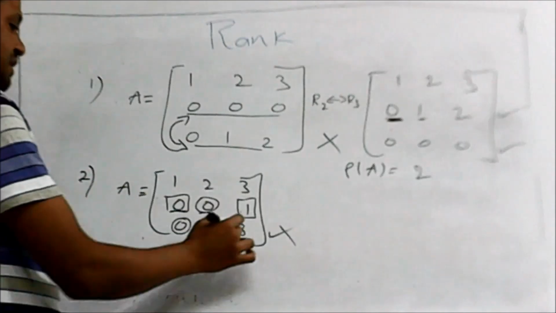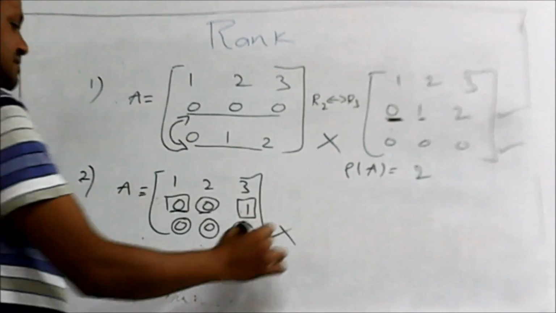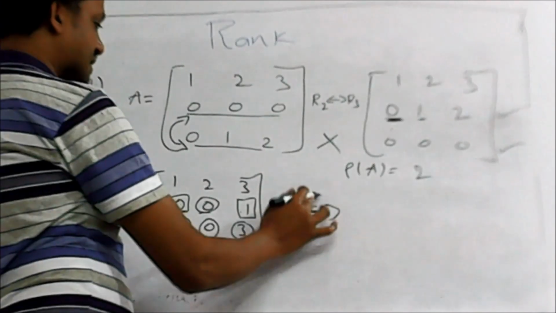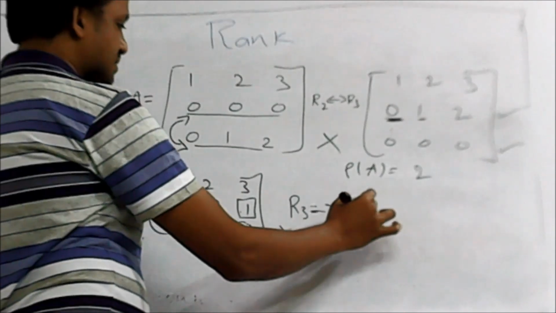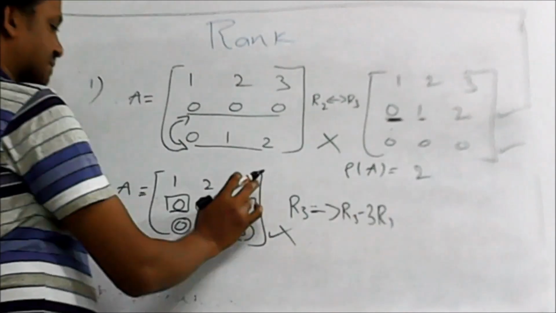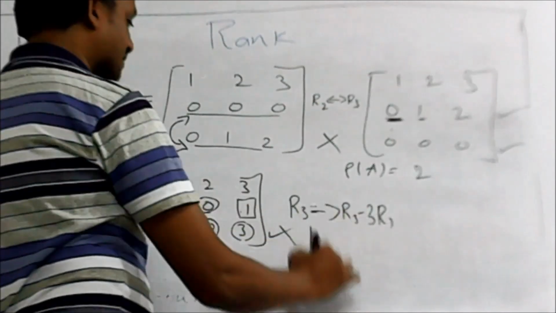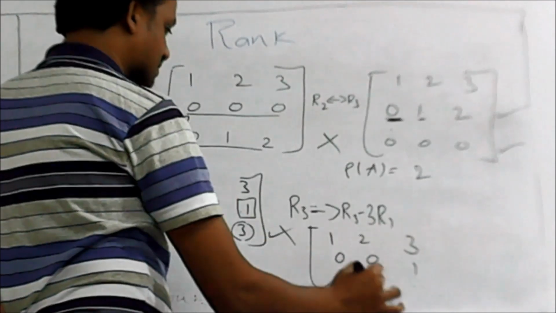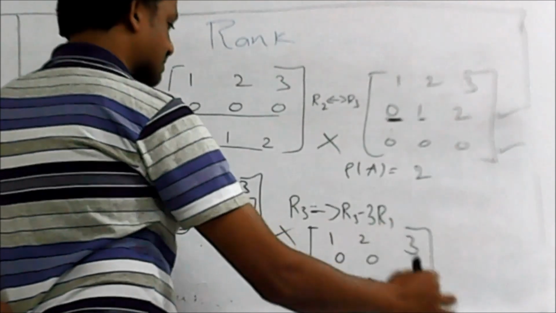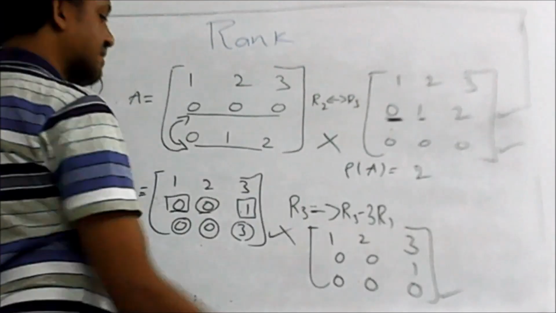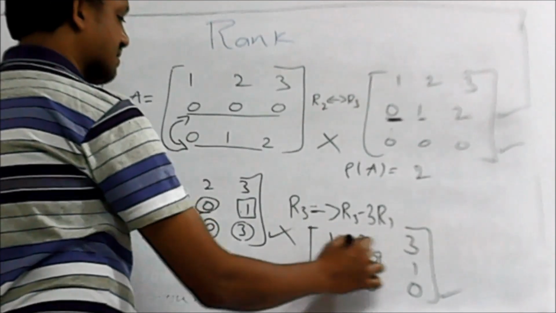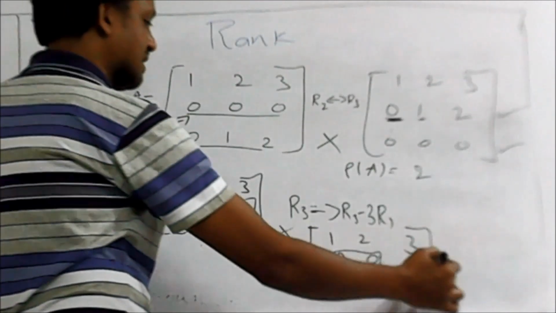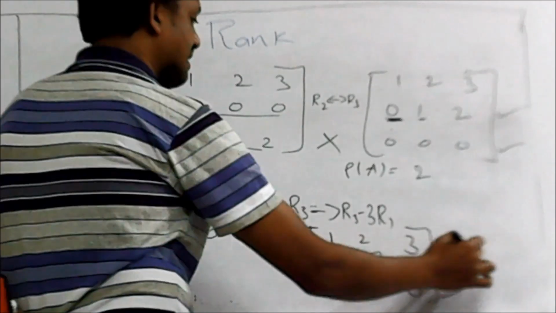So what do we need to do? We need to make this one zero using a row transformation. R3 is 3, so we convert this as R3 minus 3 times R1. So what will the final be? 1, 2, 3; 0, 0, 1; and the last row will become 0, 0, 0. So zero rows, if any, in the last is satisfied. The second condition is that the number of zeros is less than the number of such zeros in the next non-zero row. There are no such non-zero rows, so it also satisfies the second property. What about the rank? It is 2.